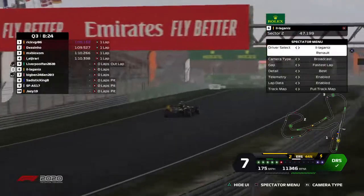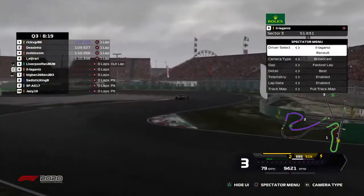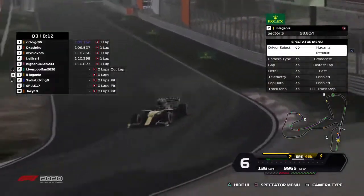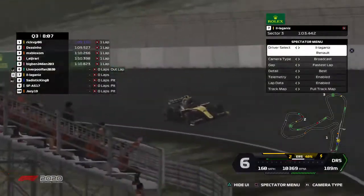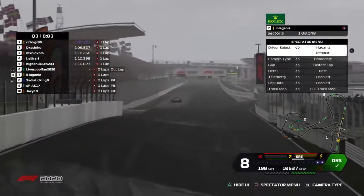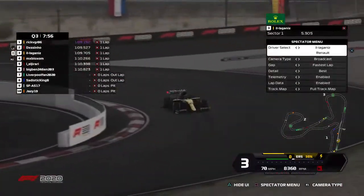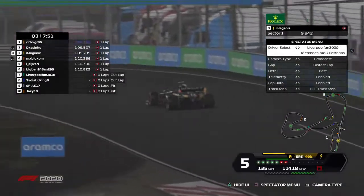Here comes Laganis now in the 2nd Renault. Was right up there in the conversation for pole position in the Hungarian Grand Prix in round 7 last time out. Big Ben with a 1 minute 10.8 to go 5th, and currently last of the runners that have set a lap thus far in Q3. Here comes Laganis now towards the line in the Renault, and he goes 3rd, slots in behind Decenio and some 6/10 off his teammate Rick. So it's a really good lap from the Renault driver,